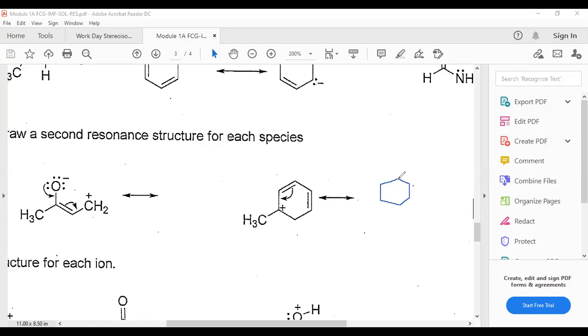I'm getting this, right? And this is coming here like that with a plus charge here. And then the methyl group is out here. I'm not going to write out the CH3. And then that. Can I do that? Can I do resonance again? Yes. Because you see that pattern again, don't you? Right here. All right, so if I do this,